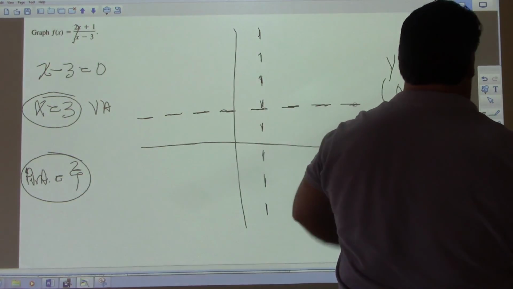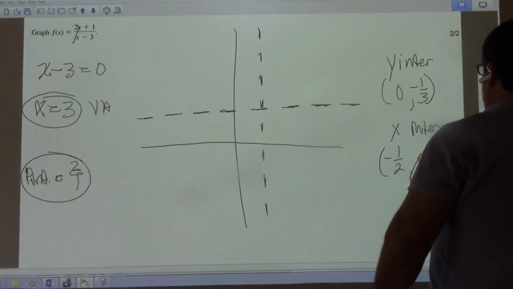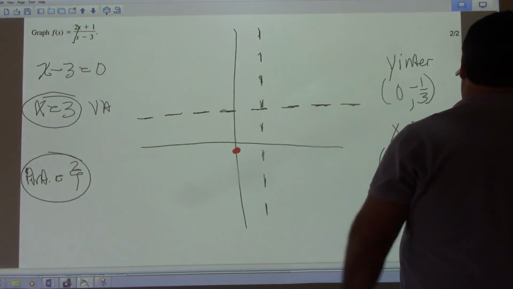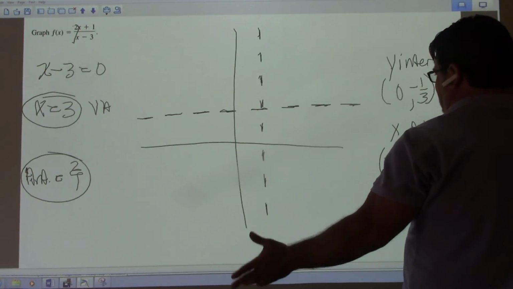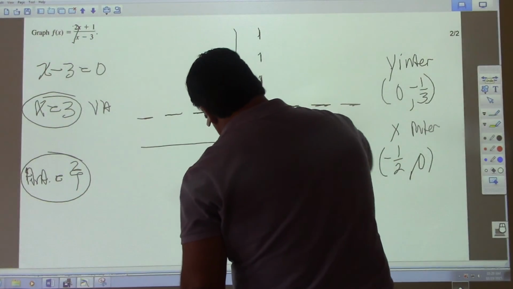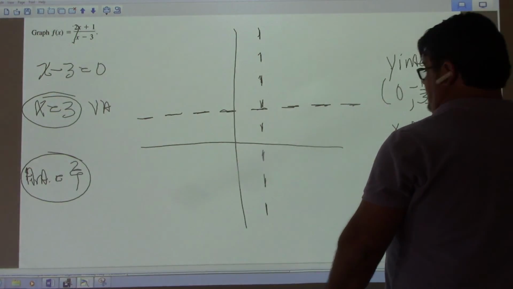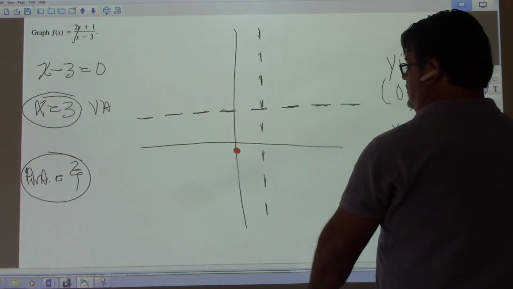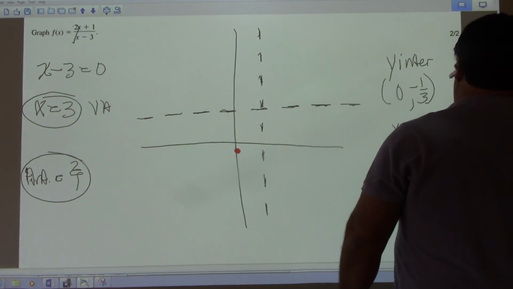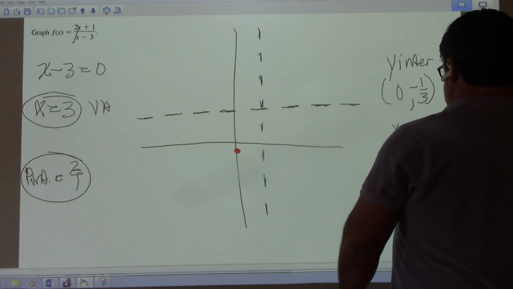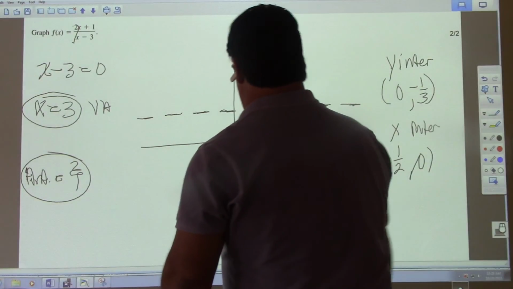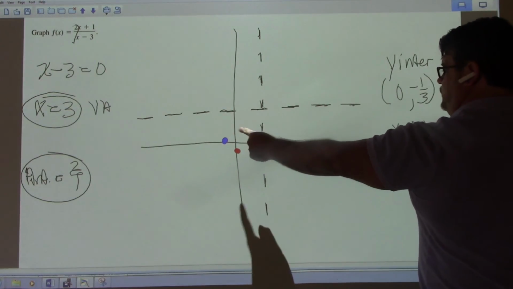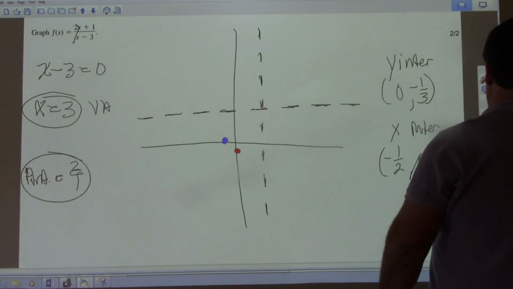Zero, negative 1/3 is your y-intercept. All I want to do is put one dot. That's all I want to do, one dot. Whatever. And negative 1/2 and 0. So we've got something going like this, don't we? So I would say probably